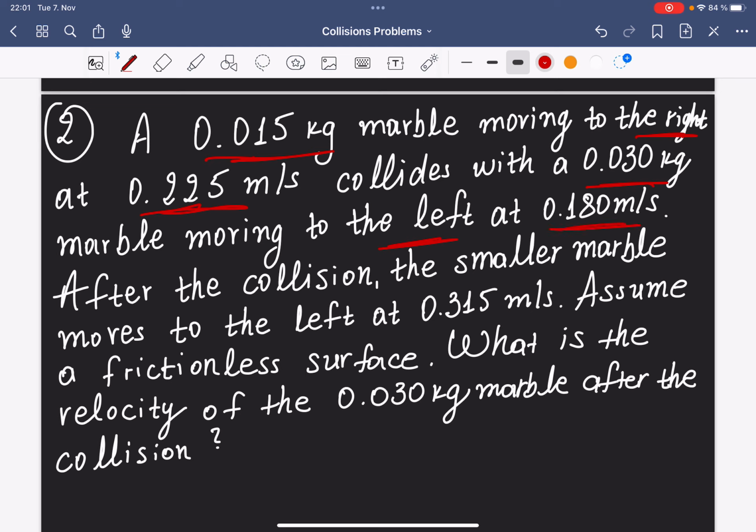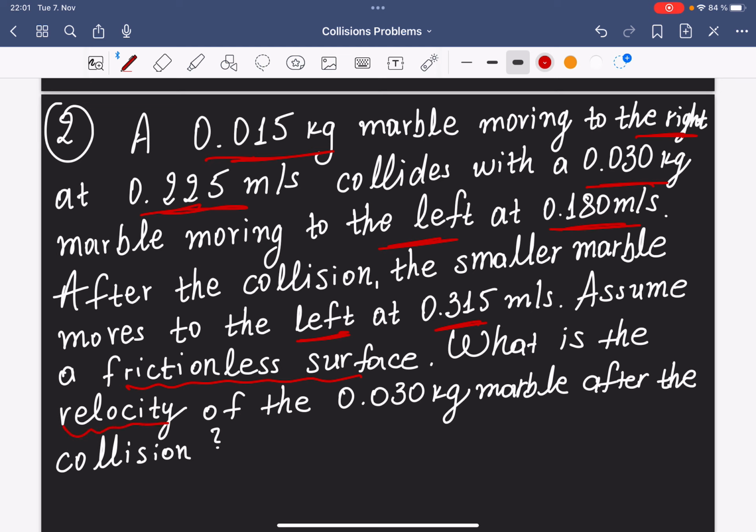After the collision, the smaller marble, the first one, moves to the left at 0.315 meters per second. Assume a frictionless surface, and we'll see why this is important. What is the velocity of the 0.03 kilograms marble after the collision? So,